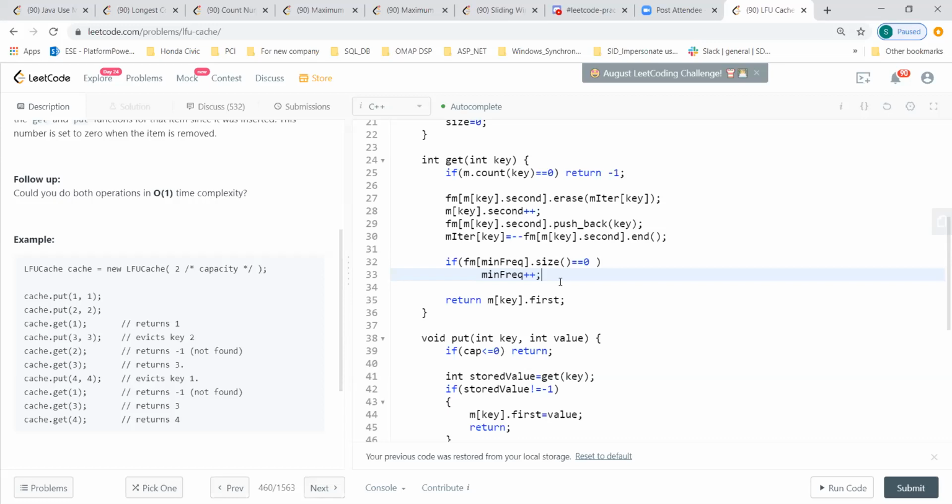So when we call get for an already present key, where are we incrementing this minimum frequency? Because I don't think we are incrementing it anywhere. Yeah, it's only here, and that is when we are putting it initially. So this would be called only once for a particular frequency.